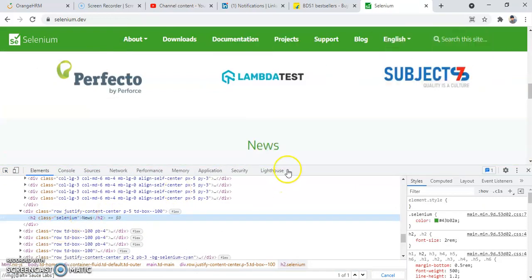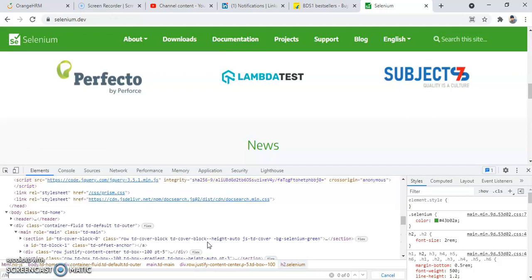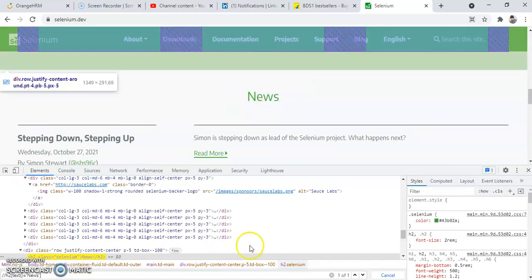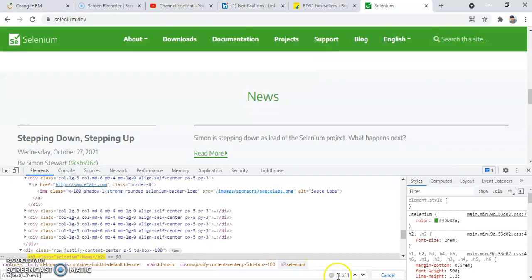So this is news. So I can write like this, h2, the attribute value is h2 and its text is news. So I have found this web element uniquely because I have found one matching node.